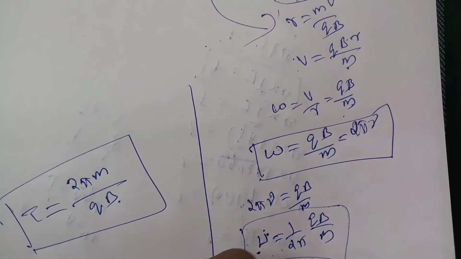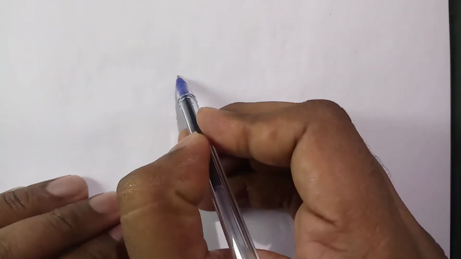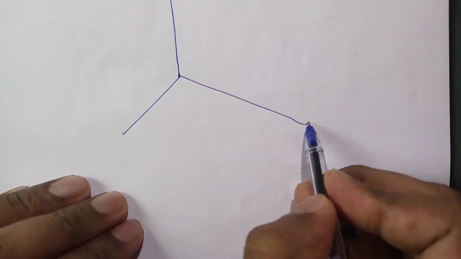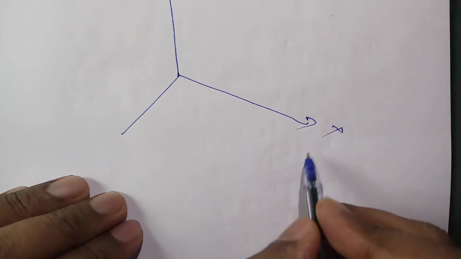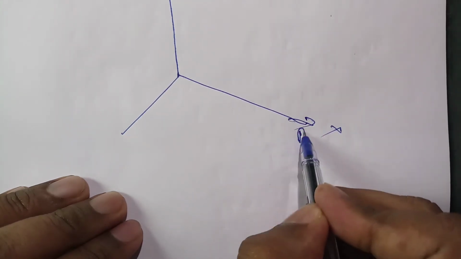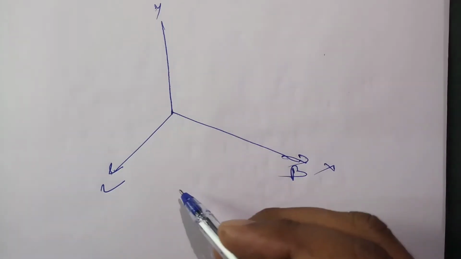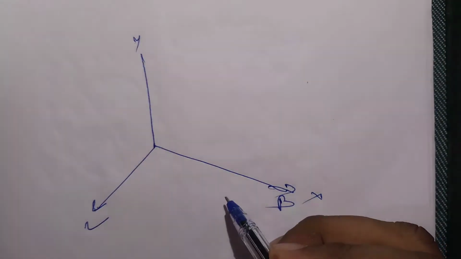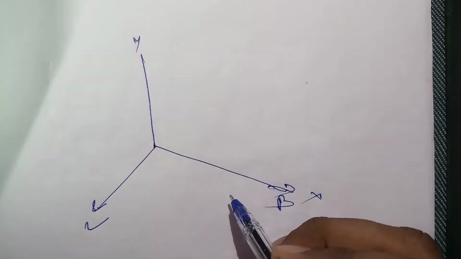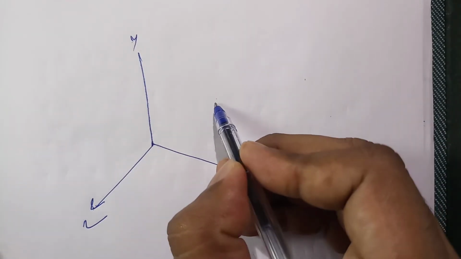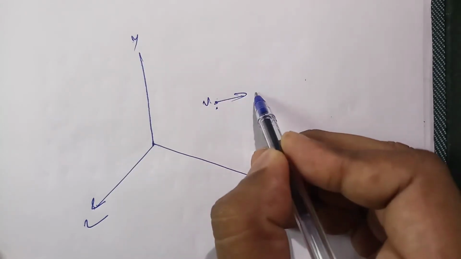Now what we discussed is when the charged particle is entering the magnetic field perpendicular to it. If it is not entering perpendicular, what will happen? For example, the textbook diagram is very interesting. The x-axis is along this side, and our magnetic field B is also along this axis, and we have the z axis here, and naturally y will be here. The charged particle is not entering exactly perpendicular; it is entering in a particular direction, V is this way.